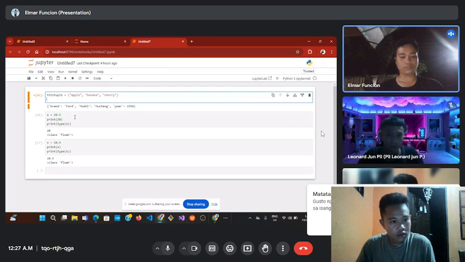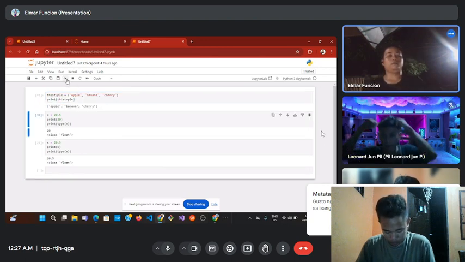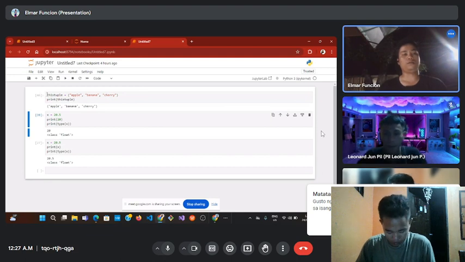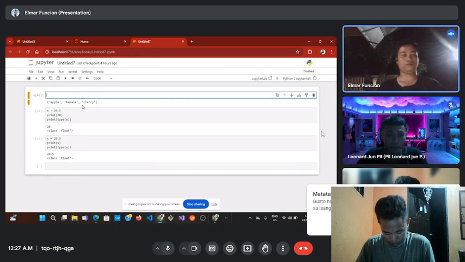Then let's just print to hold the variables. Okay. So there, as you can see, this is how to perform the tuples.